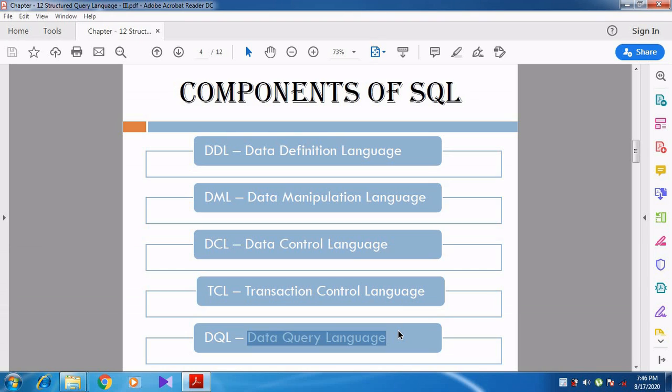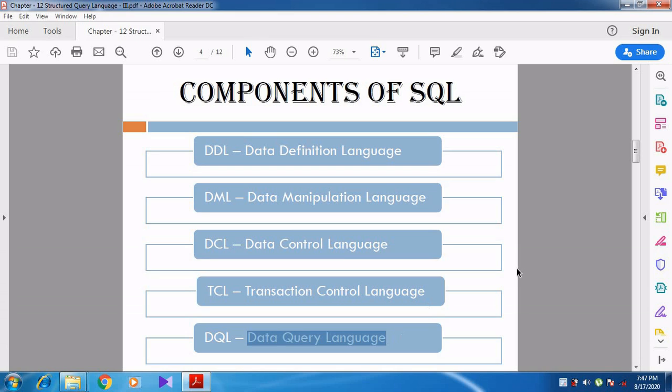So these are the 5 important components of SQL.